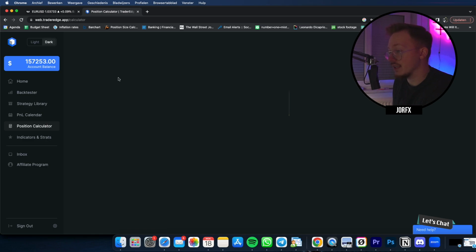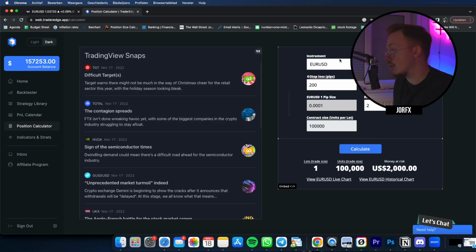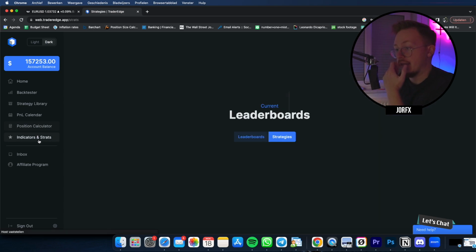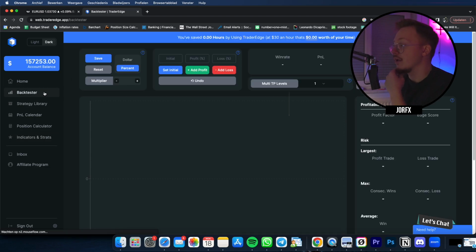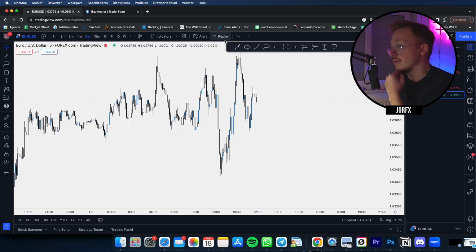Then you have a position calculator. I don't need this because I use FX calculator on iPhone, and you have indicators and strategies from other people. Really cool. Okay, the backtest is what we're going to use, and we are going to use TradingView with the